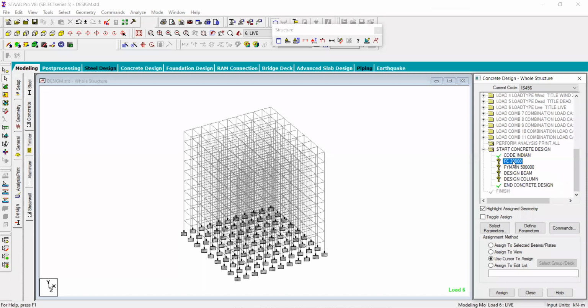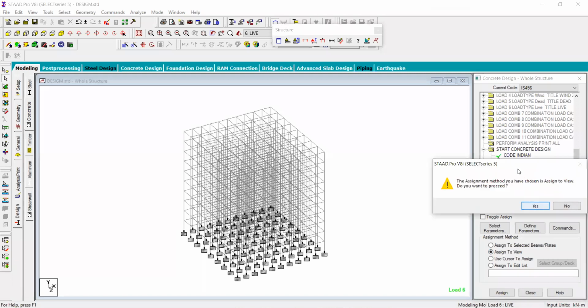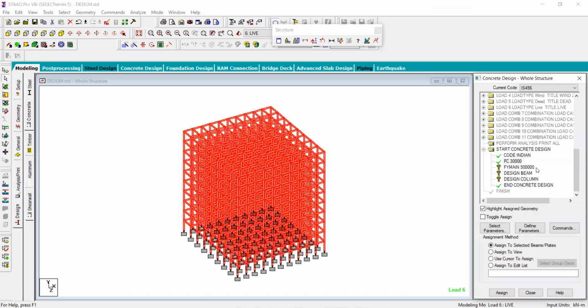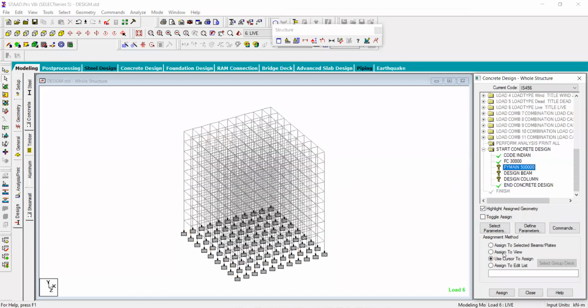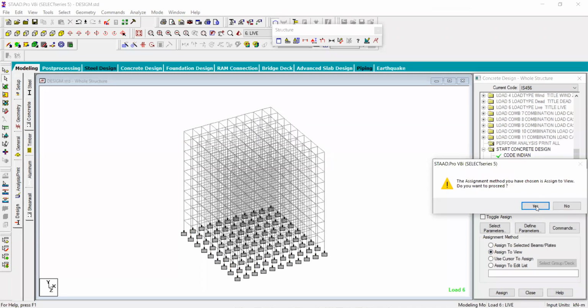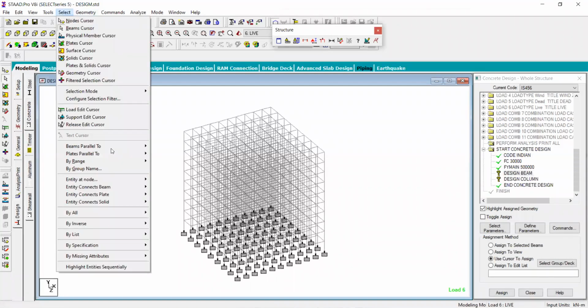means M30. So we will use it for the whole structure: go for assign to view. Automatically it will take it, and here FY 500, again go for assign to view, if you are using it for the whole structure. Just select, go for the select, and after selecting, beam parallel to Y, and just select by inverse beam command.